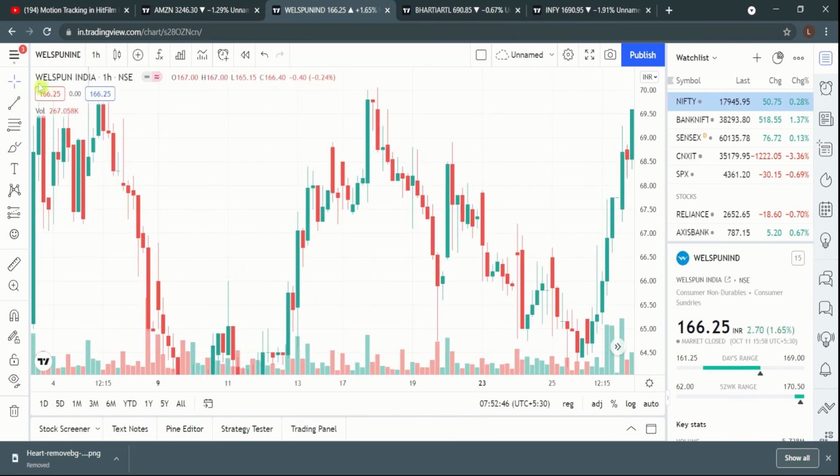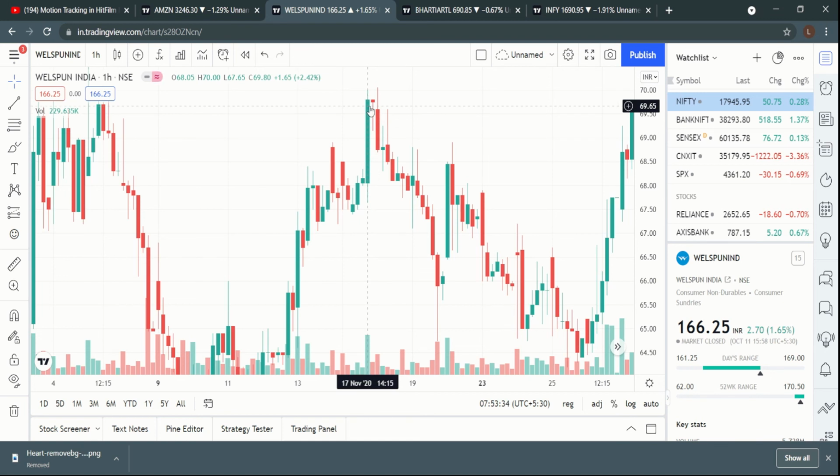I have pulled the chart for Welspun India, and we are looking at an hourly chart. We will start looking at the chart from here. We see that the prices were moving up, and at the top here we see the appearance of a hanging man, which has a really small body and a long tail. And here we knew that the market sentiments are changing, and the bears are taking control of the market, looking at this long tail.